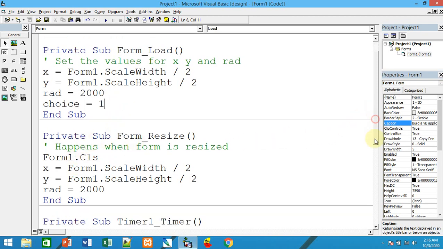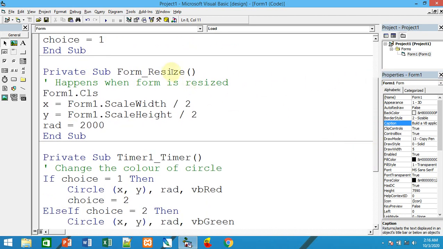Next, whenever the form size changes, by dragging the mouse, or using the maximize or restore button, you have to recalculate the x and y coordinates, because the form width or height or both may change. But the radius should be 2000 only, so let it be that.